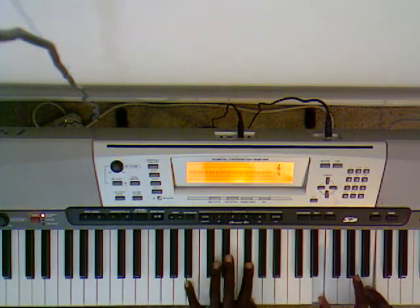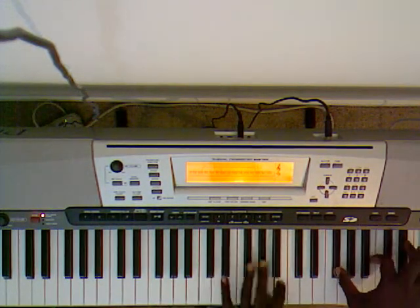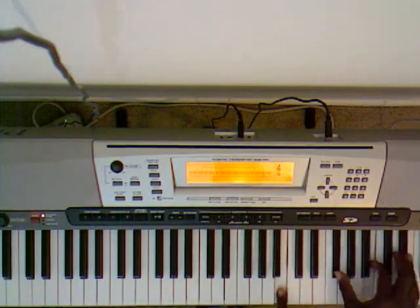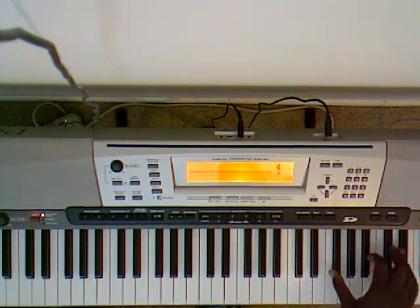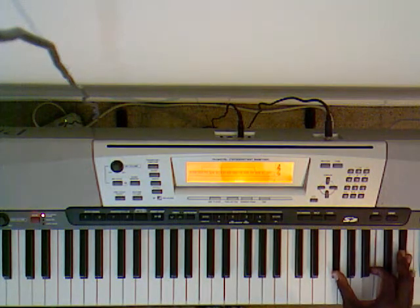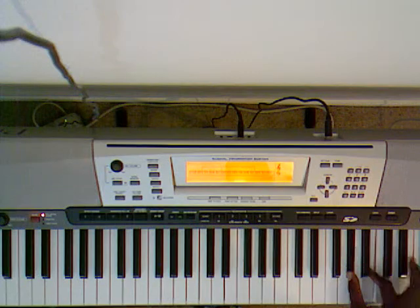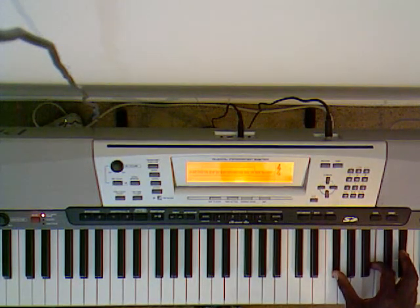Then immediately you go into the A chord. So this time around, you're going to do your B major chord to an E major chord inverted, back to your B major chord. And while you're doing that, you're going to do an A, E, A, B. So when you play it together,